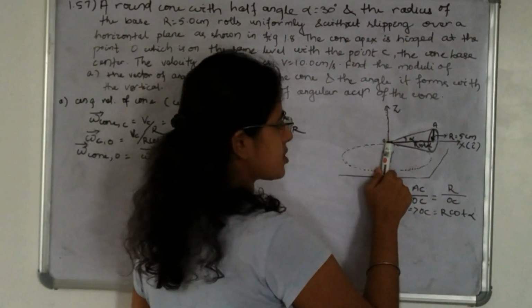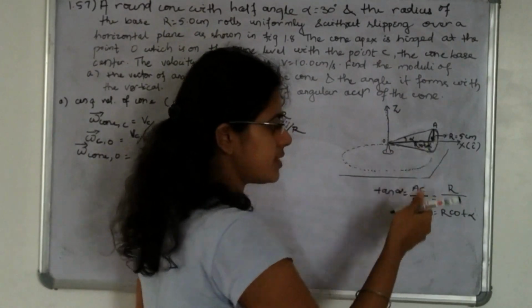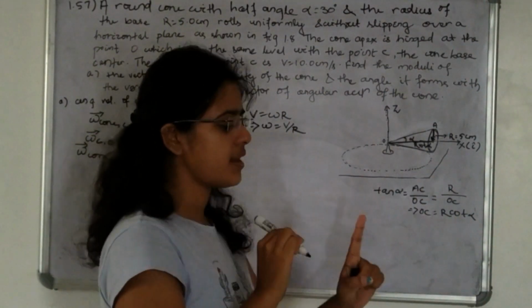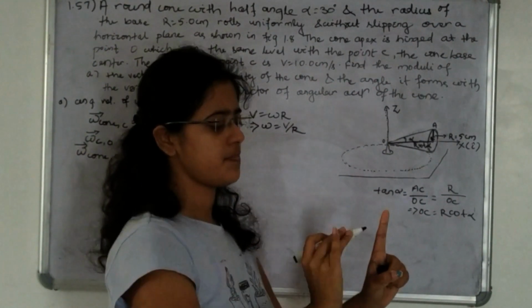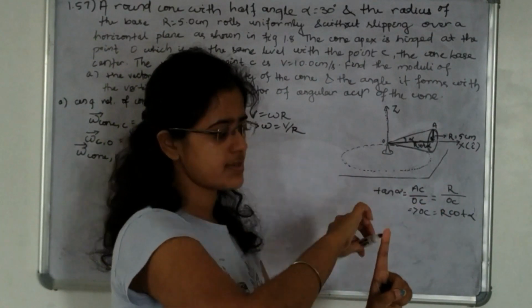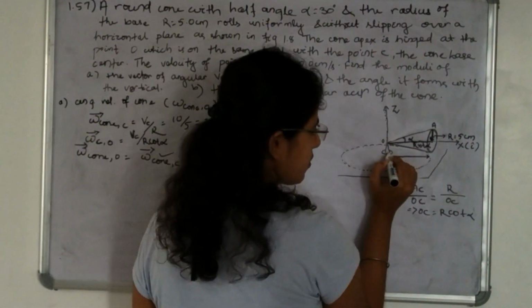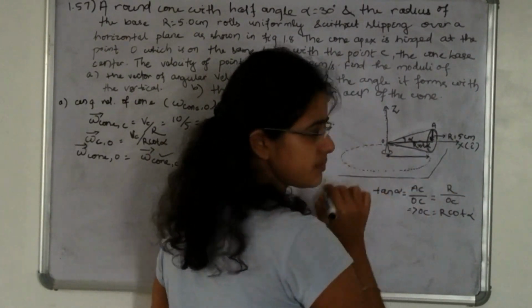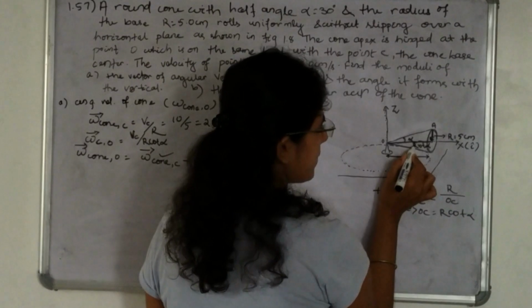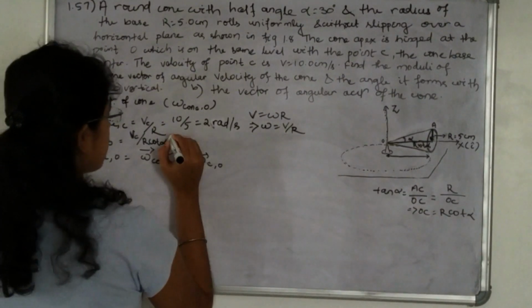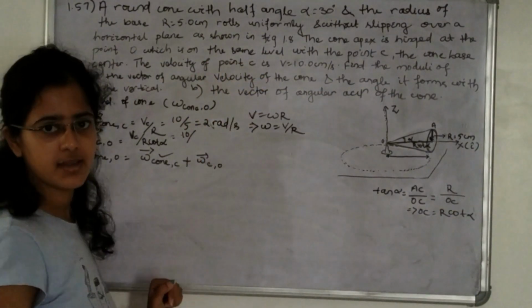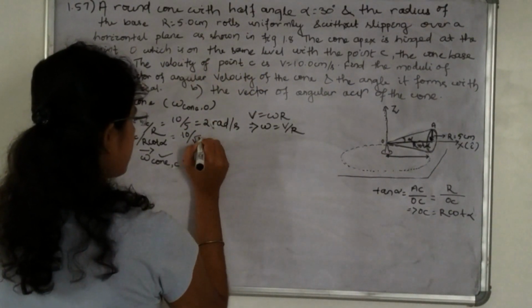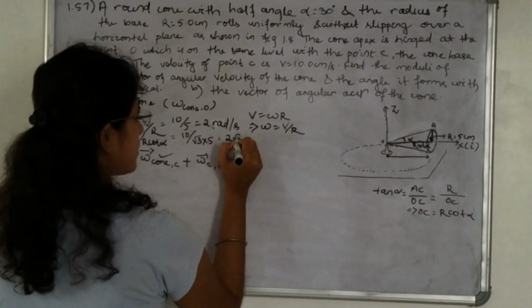As I am placing a person at this O position, for that person this C is revolving. Let us say here is one person; for that person this C is revolving like this. Yes or not? This C is revolving like this. That means we have to consider this R value, or this circle. This R value we have derived as R cot alpha. So this is VC divided by R cot alpha. That means VC is how much? 10 divided by 5 cot alpha, cot 30 degree. That means root 3 into 5. So 2 root 3 divided by 3